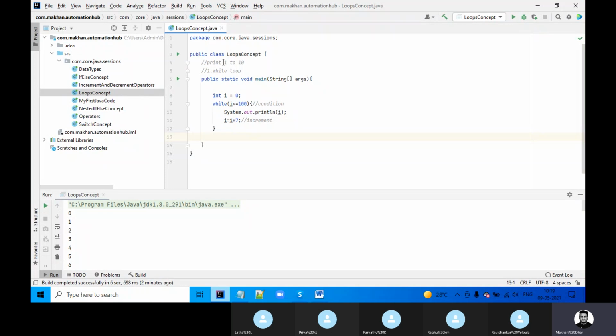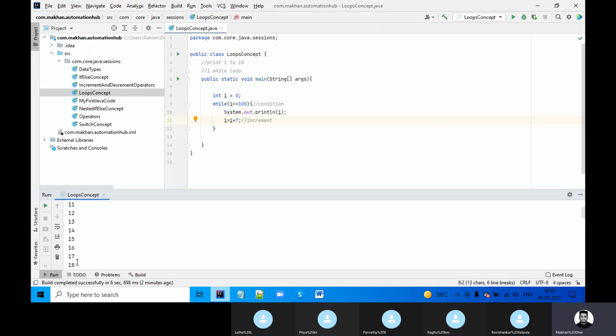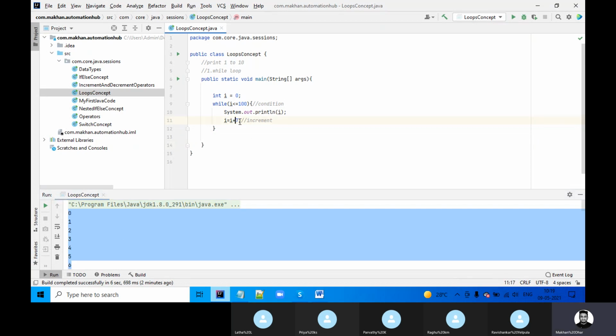If I want to print from 1 to 10, obviously it will only increase by 1. With 7, it will go 1, 8, like that. If I just put 7, it will not print every number from 0 to 100. You are incrementing, so it will go first.